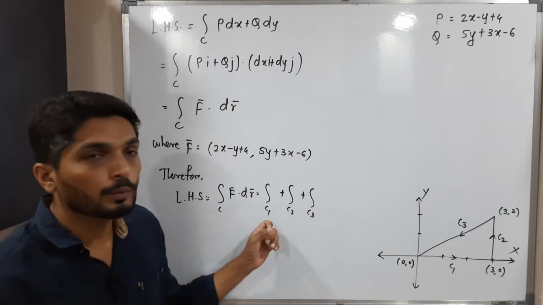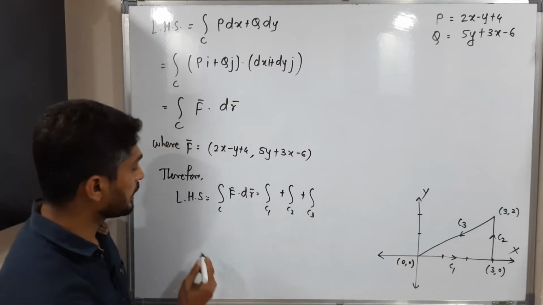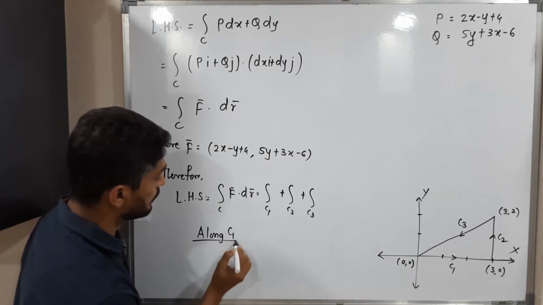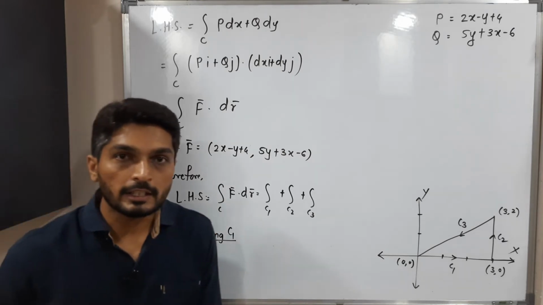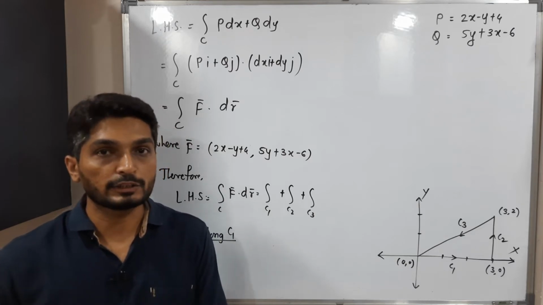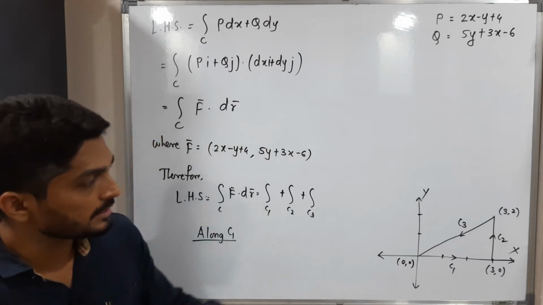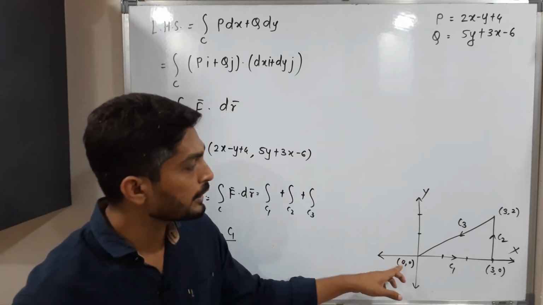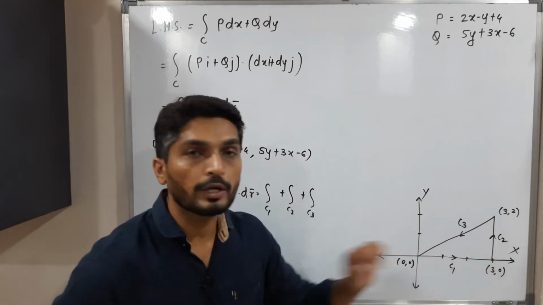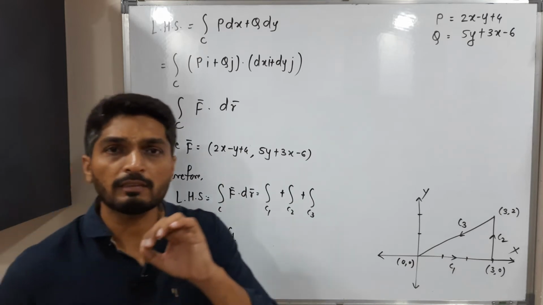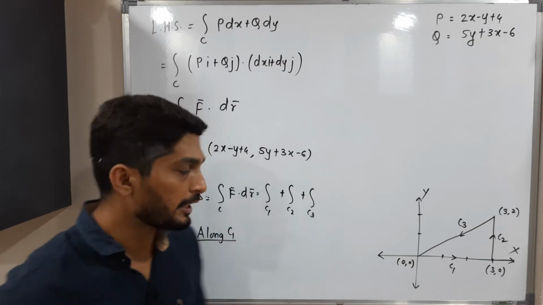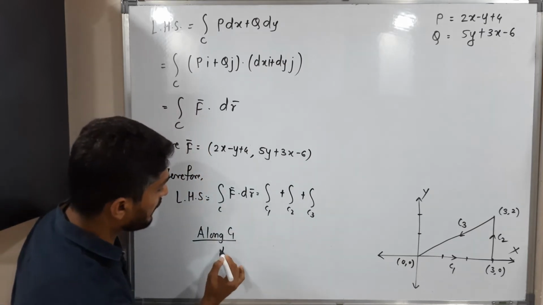Let us start to work on C1. To find the value of the line integral, we should first find the parameterization of C1. As you can see here, C1 is a straight line which joins the origin to the point 3, 0. If you have a line, there is a fixed technique to find the parameterization. Let me write here, along C1 the parameterization